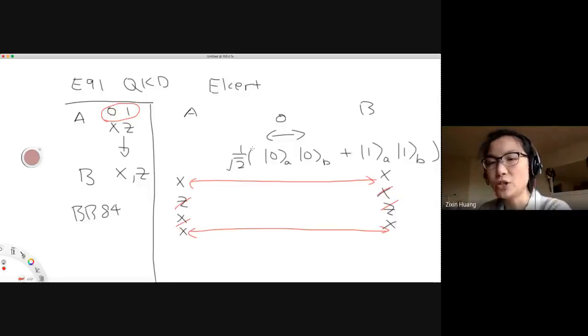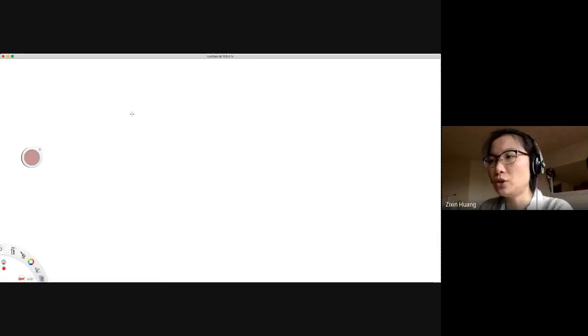Communication implies that you can send information from one side to the other. So let's start again with a new page. If I want to start off with this state, well, this is equivalent to